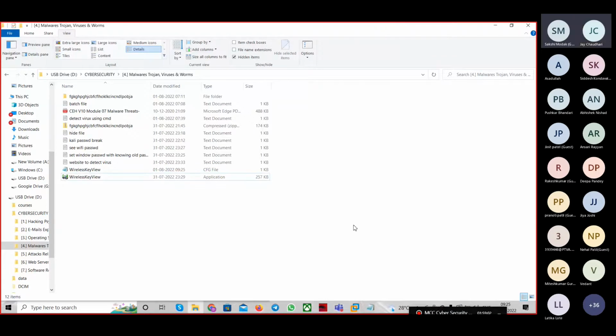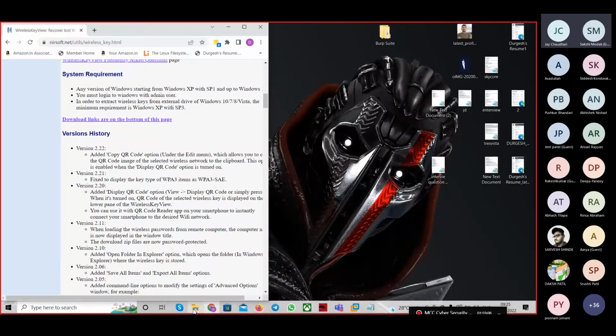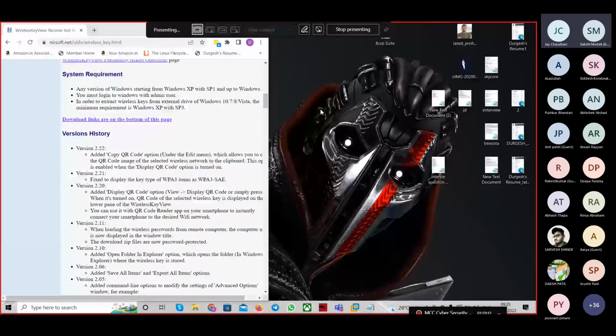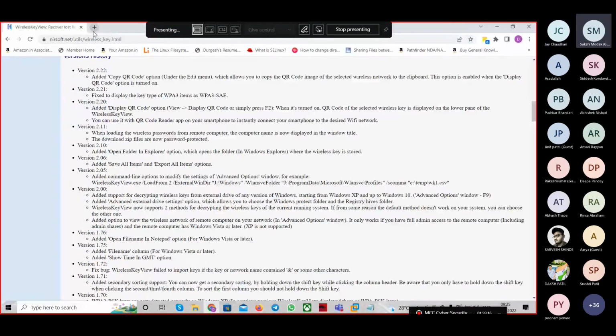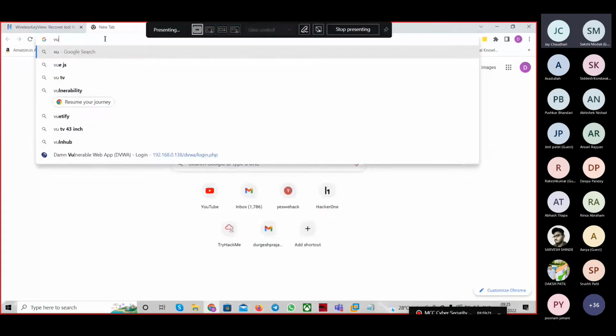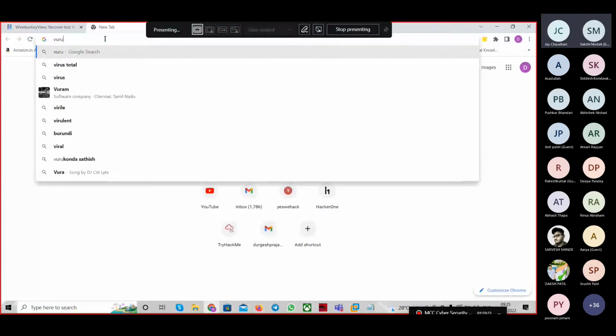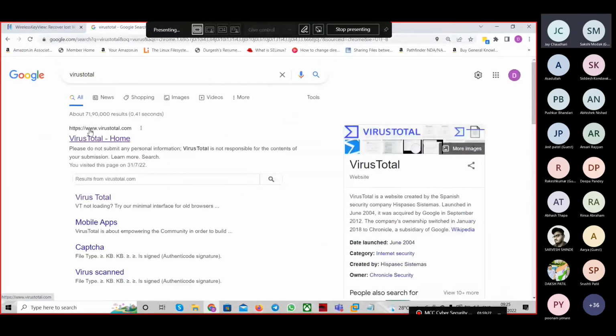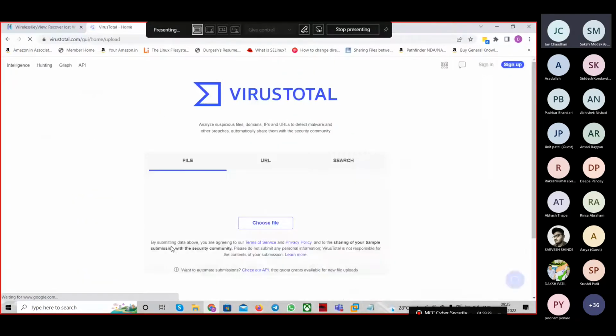Guys, there are also many websites which detect any kind of viruses in the system. See, there is one very famous website. Has anyone heard of VirusTotal? Yes sir. Yeah, so VirusTotal is very famous among virus detection tools. This is the VirusTotal website. We'll go to it, and here